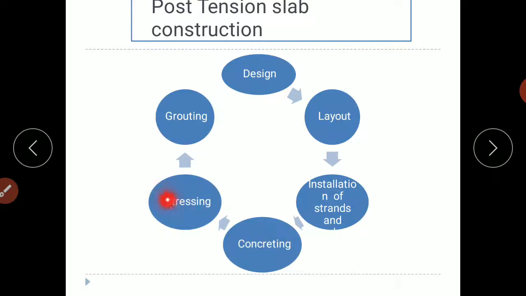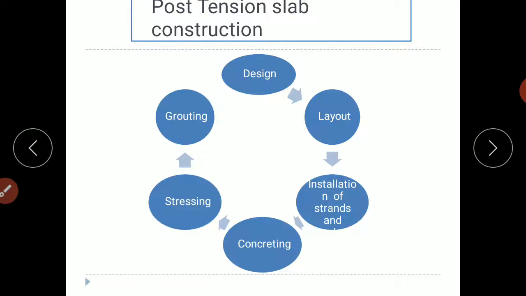Then stressing, we'll apply a selected or calculated amount of pre-stress or post-tensioning stress. Okay, and then we'll cut the tendons or strands, and then we will grout. What will we grout? The duct place. Okay, there is a gap between that duct and the strands or steel reinforcement or tendons.